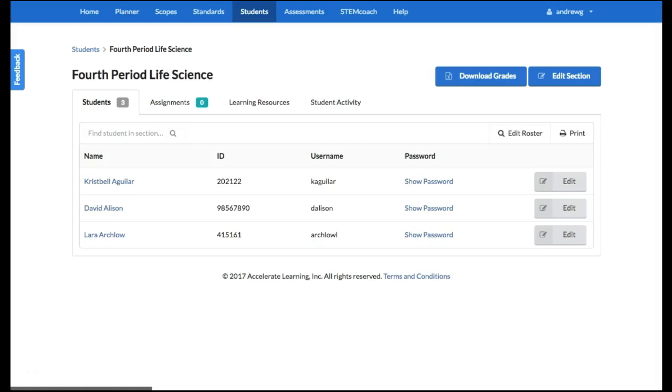Once you have a class set up in STEMscopes and you have students added to that class, you can now assign material from STEMscopes for them to access in their own login and submit to you online. So I'm going to use this section that we just created in the Creating Classes Help video. And I've got 3 students in this section, and I'm going to go through STEMscopes and actually make some assignments